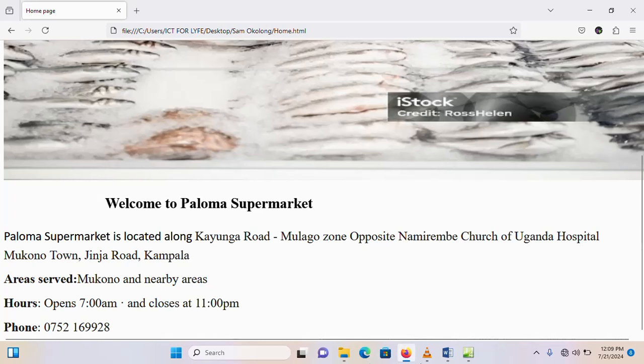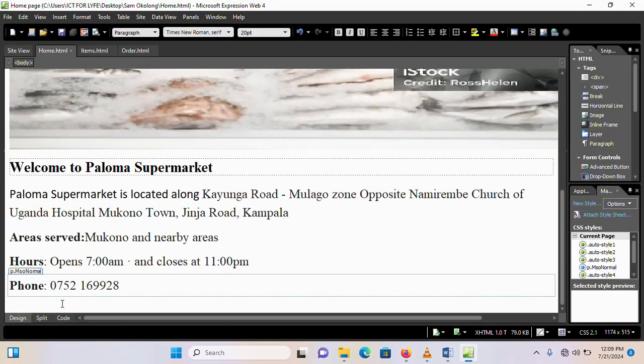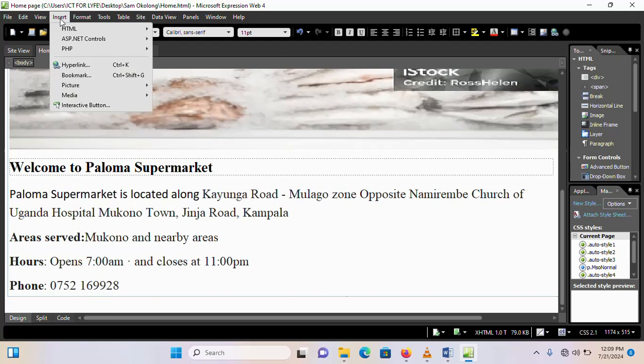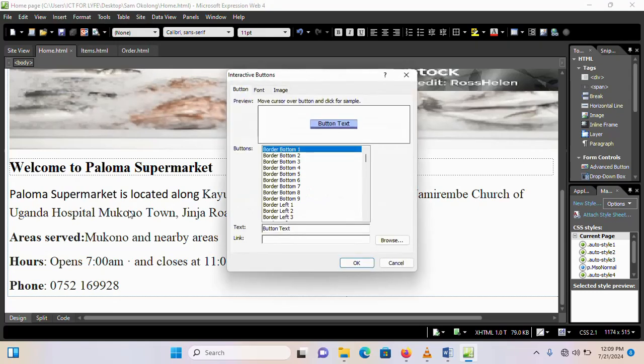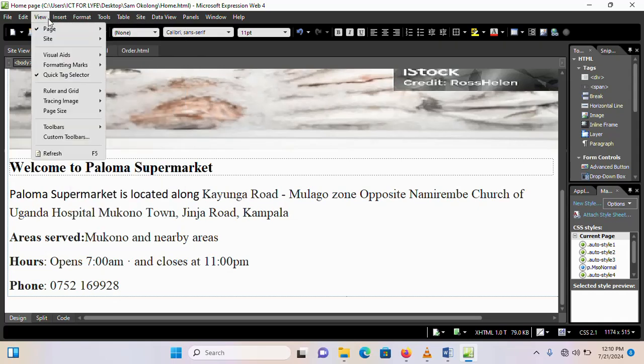Then I'm just going to add something small, that is maybe a button here. For example, if the person may want to read more what happens. So still I will come back to insert interactive buttons. But where am I putting it? I want it to be down here. Good. Insert interactive button,